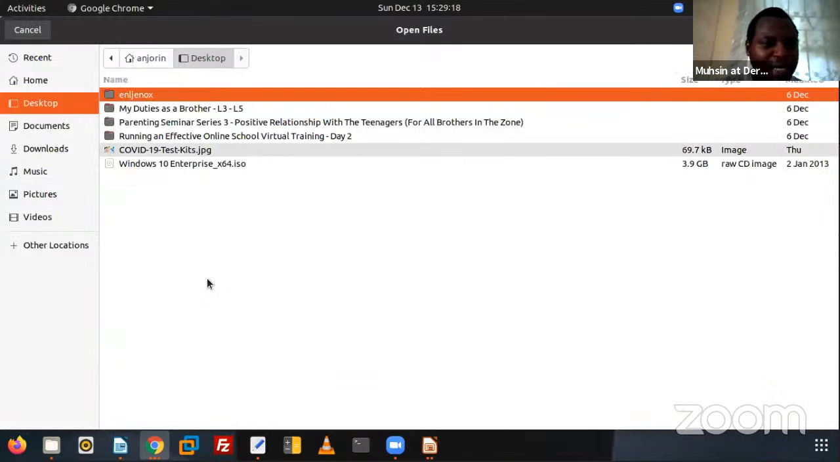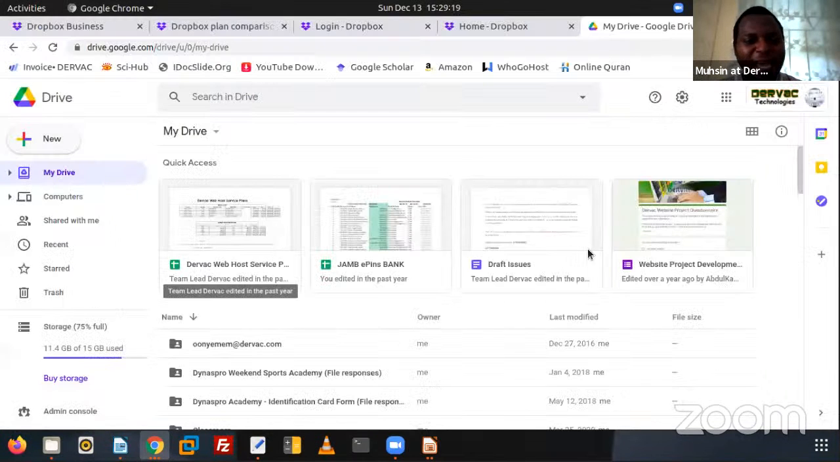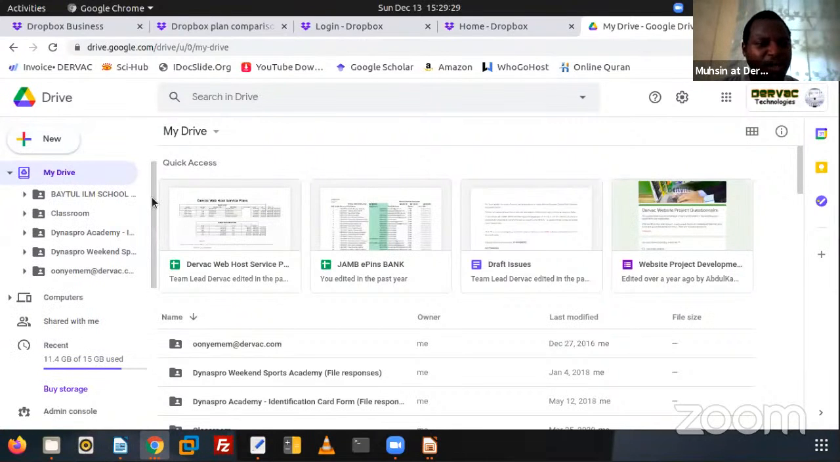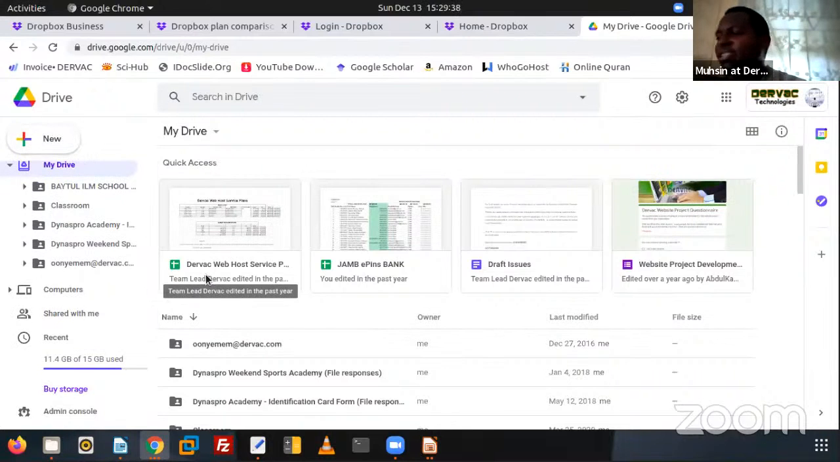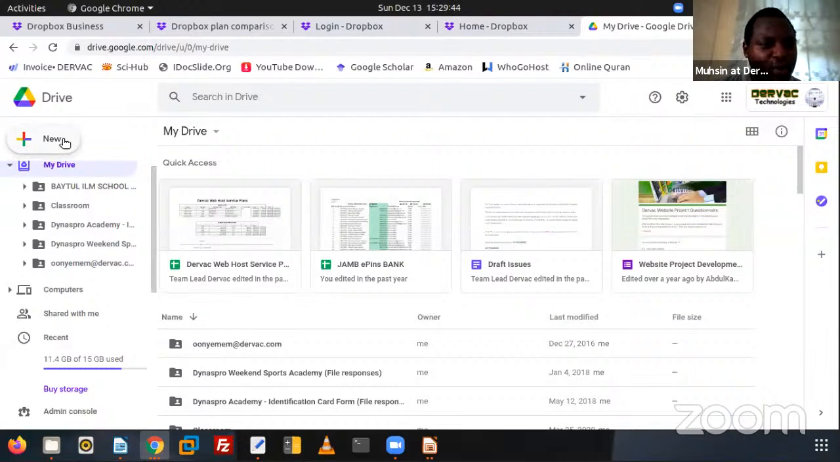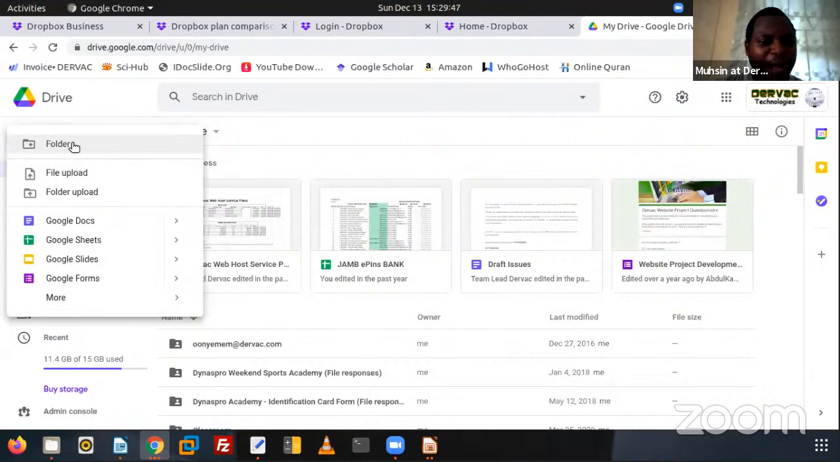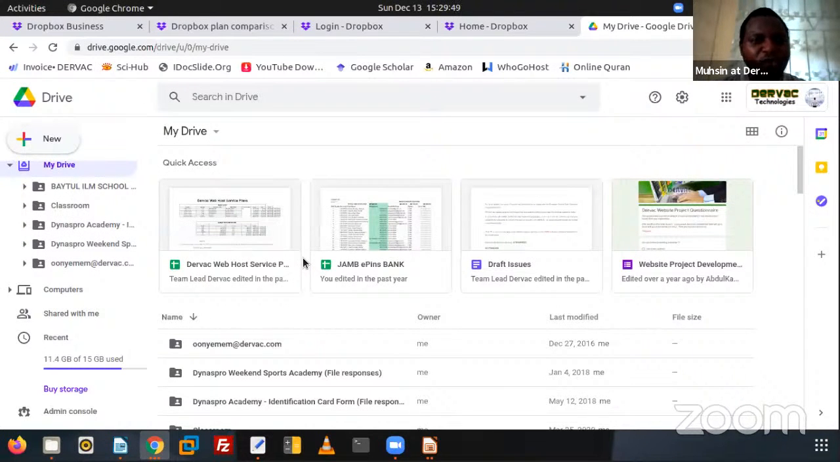But before I go on that, for arrangement's sake, it's better that you organize your Drive very well. To organize your Drive, you can create directories, just like creating folders. It is called a directory on this. You can just say New, a folder. Once you click on New folder, you just say this is our